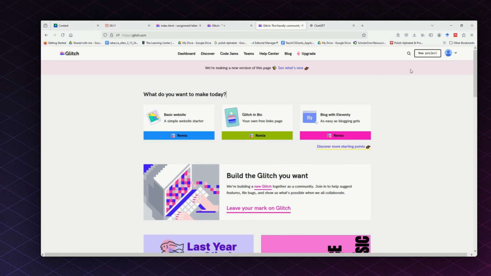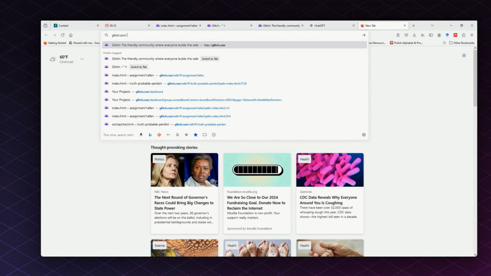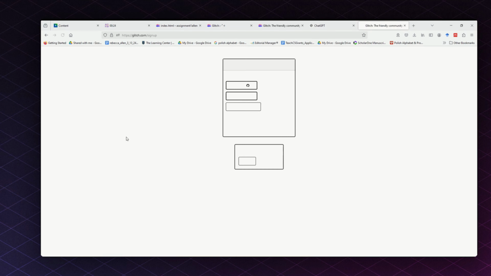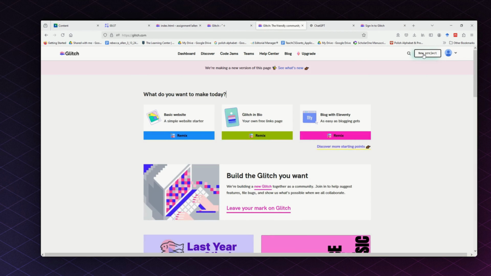Everybody, I'm going to talk about how to build a basic HTML website with Glitch. If you don't have a Glitch account, you can just go over to glitch.com and start an account. There's a couple of different ways you can start an account: using GitHub, Google, or email. So hop on and